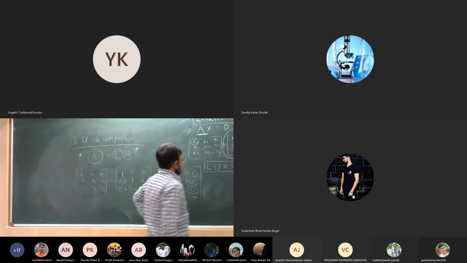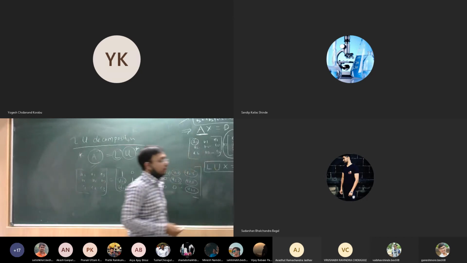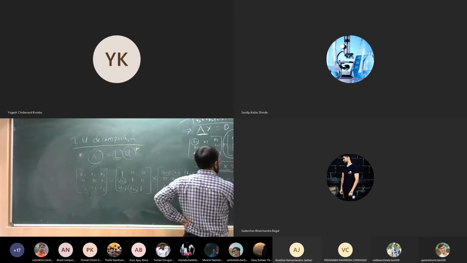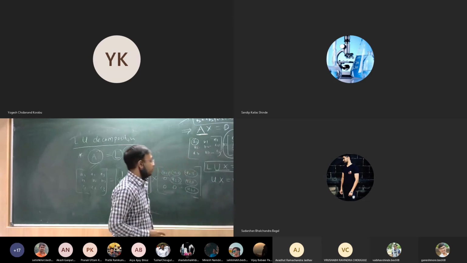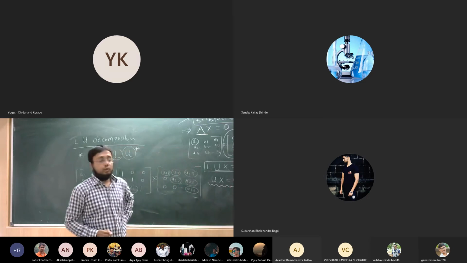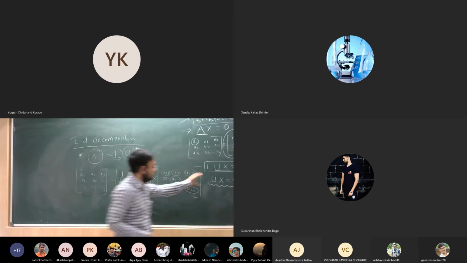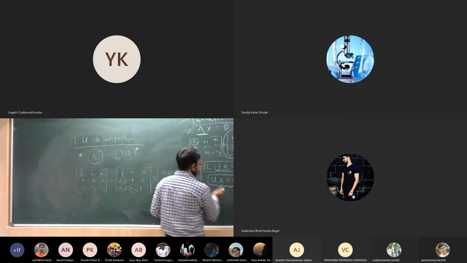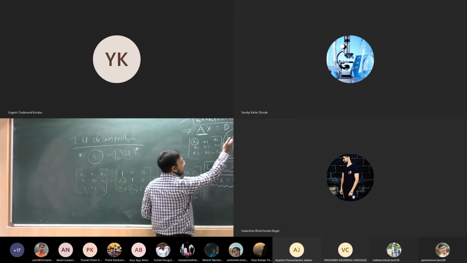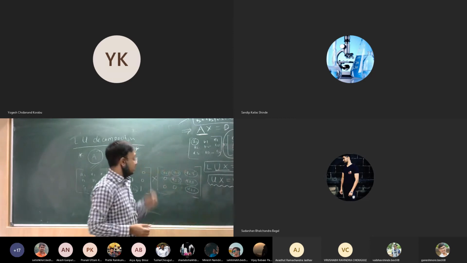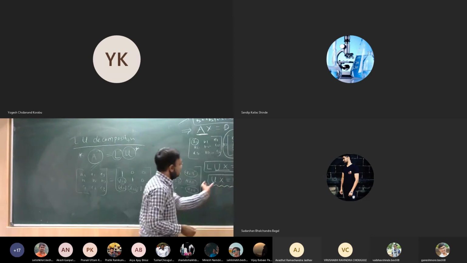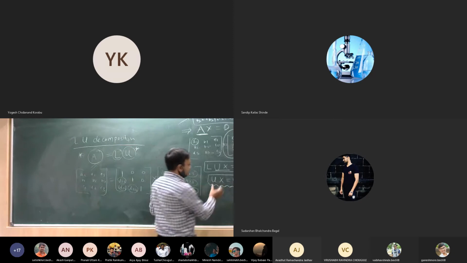Second assumption, second equation we have derived. From that, we assume UX is equal to V. This is the equation that would be required to calculate the values of V. Then you ask where to use this V value. From this equation we need to calculate the value of V because the U values are known. The U matrix is this, and the X value is X, Y, Z. Though the equation is the first one, we need to utilize it after putting this value of UX in a particular equation. UX is equal to V.